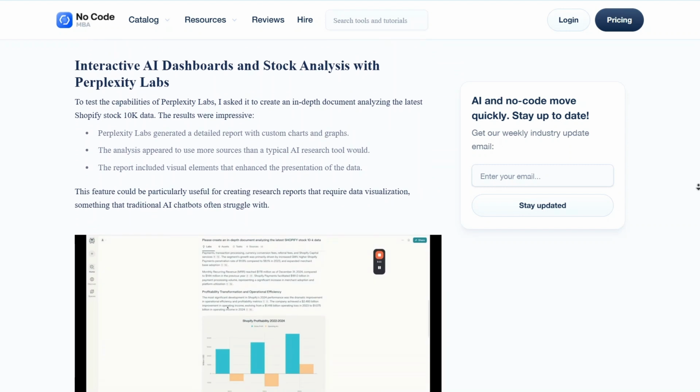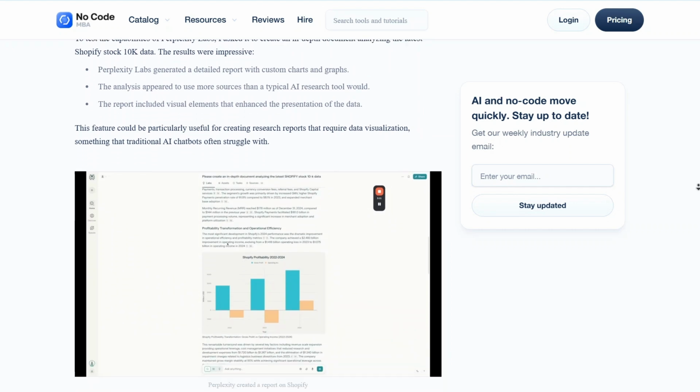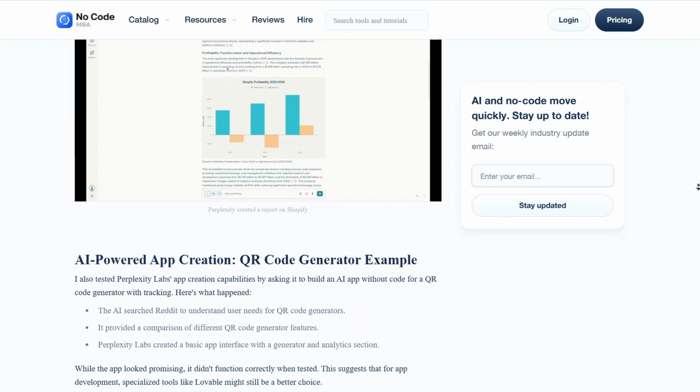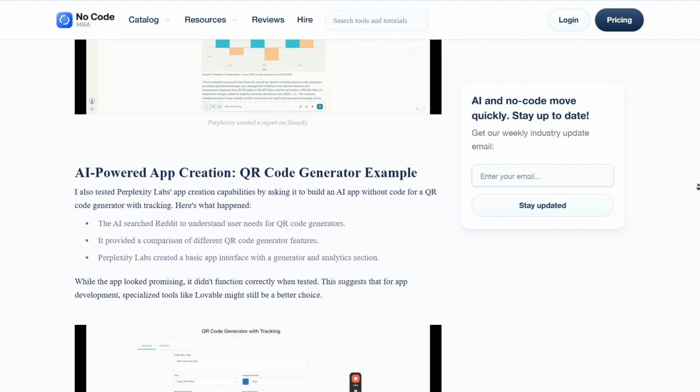This makes it incredibly easy to interpret long financial filings without having to read through hundreds of pages of text. Moving on to application development, I prompted the AI to create a custom QR code generator